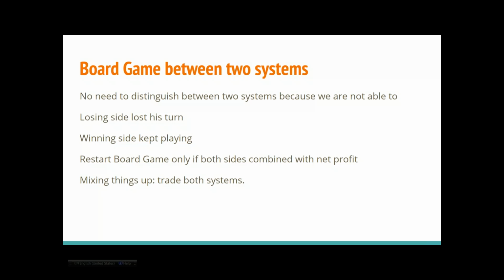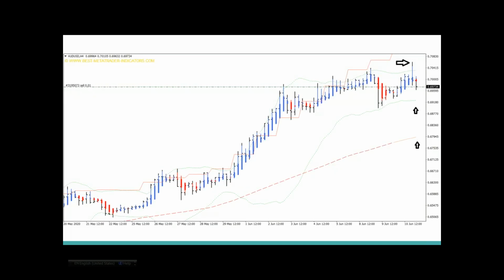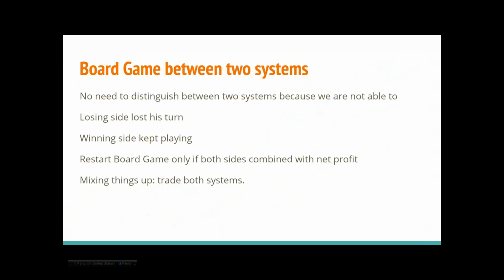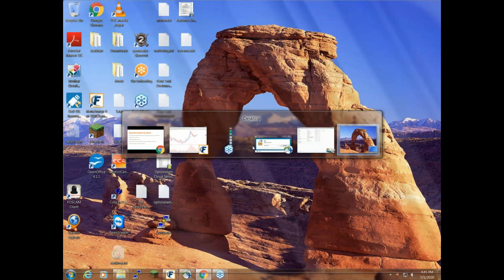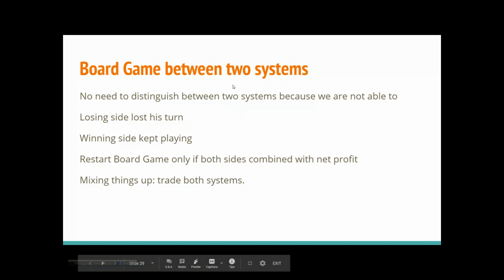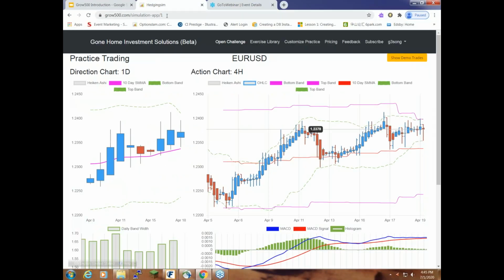And what we want to tell you is we want to mix those two systems together. We want to have a hedging thinking, not just left versus right, also hedging between the trending situation versus the ranging situation. So you have both systems running at the same time. And before I look at some real trades, we want to take the next 5 minutes to introduce the app we built, which is the Growth 500.